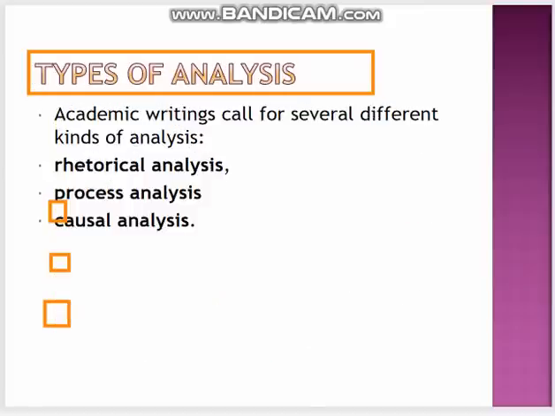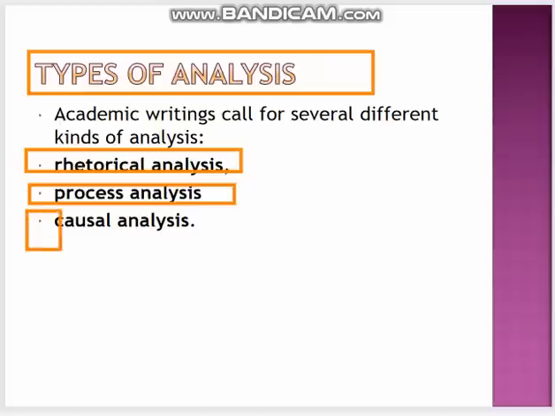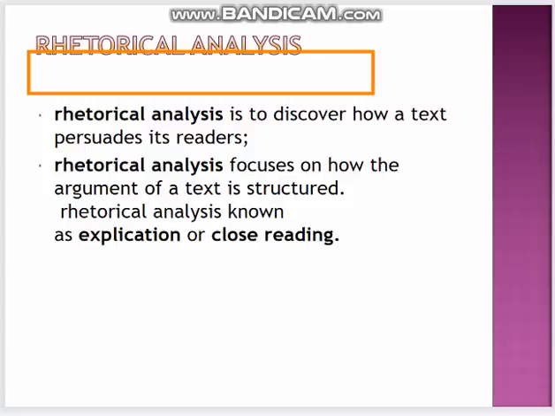Next is types of analysis. Academic writing calls for several different kinds of analysis. Number one is rhetorical analysis, number two is process analysis, number three is causal analysis. And the first type is